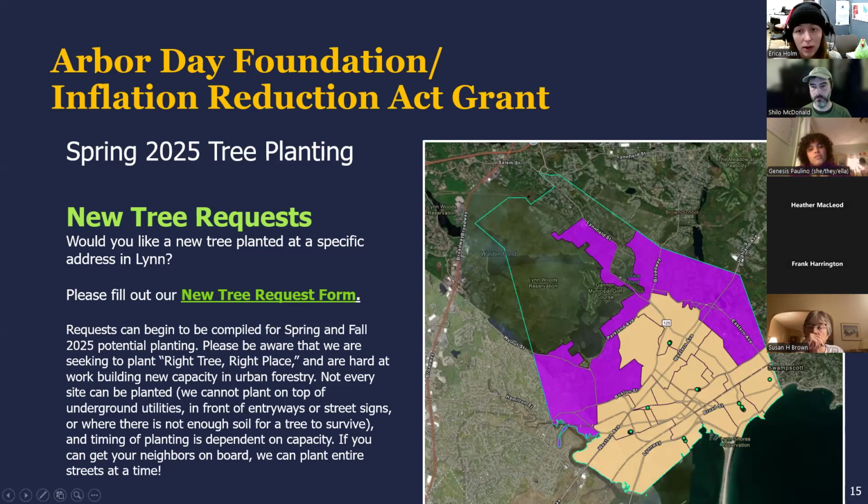That way I can try to identify, within the hot spots, within the planting areas, I would like to plant 50 trees in the spring, and I would like to see if we can do that. So I want to hear what you guys think we should go for as a goal for spring planting. Do keep in mind that this was really hard to do with the level of equipment and staffing we currently have, but I'm hoping that with our youth program, we can actually build that all up. And next spring, I will be helping teach people how to plant rather than planting so many trees myself. So that's the goal.